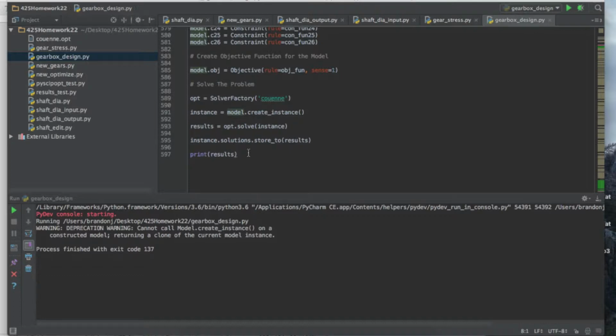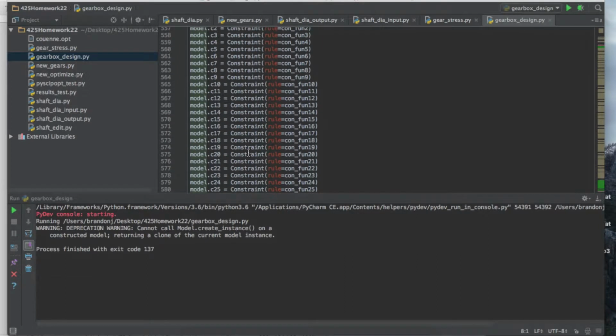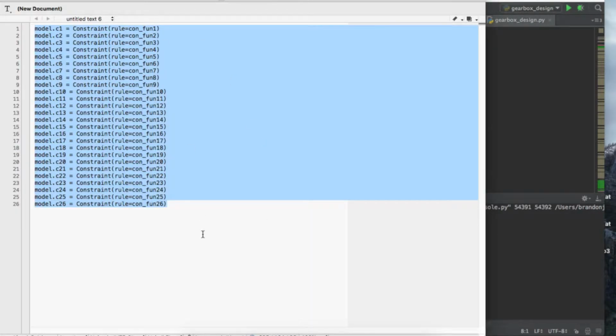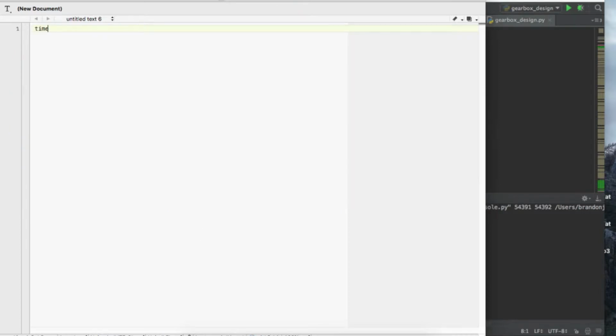And I've already run this problem for more than 24 hours, and it still doesn't converge on the minimum solution, because that's what it is attempting to do: find the absolute best combination of variables for our constraints and objective function. So if you don't want to wait for 48 hours for a good solution, what we're going to do is open up your text editor, and we're just going to put this in here: